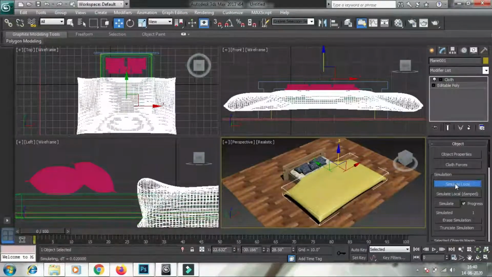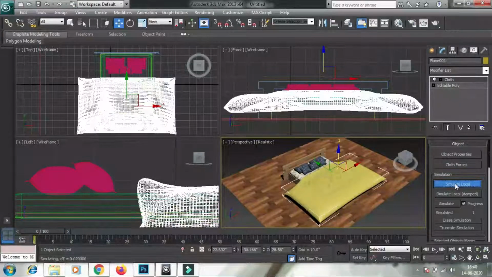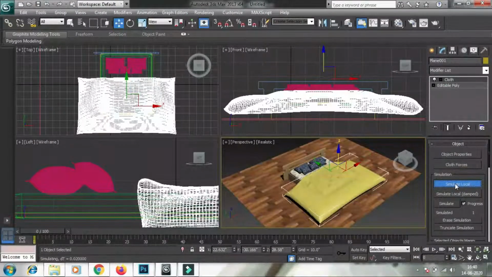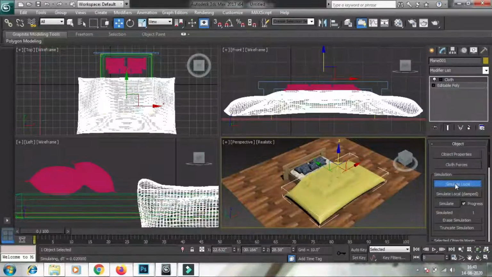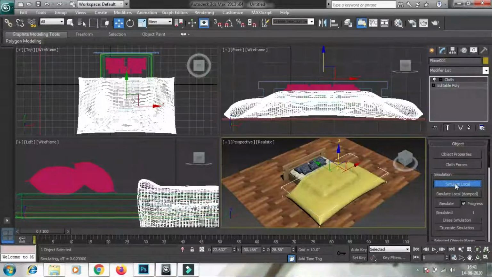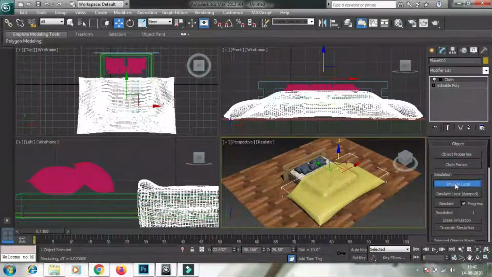Now you can see that the bed sheet is falling on the floor and on the bed, so let it fall down completely. The time you feel that it has taken a proper look, just turn off the simulate local option. So let it fall down.